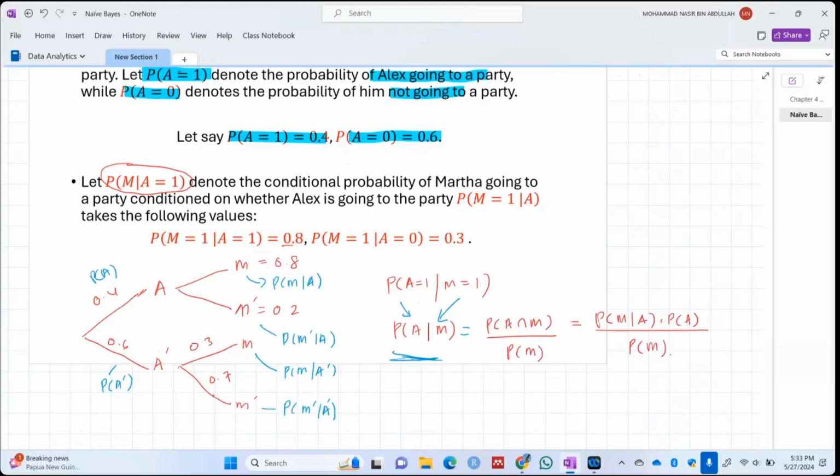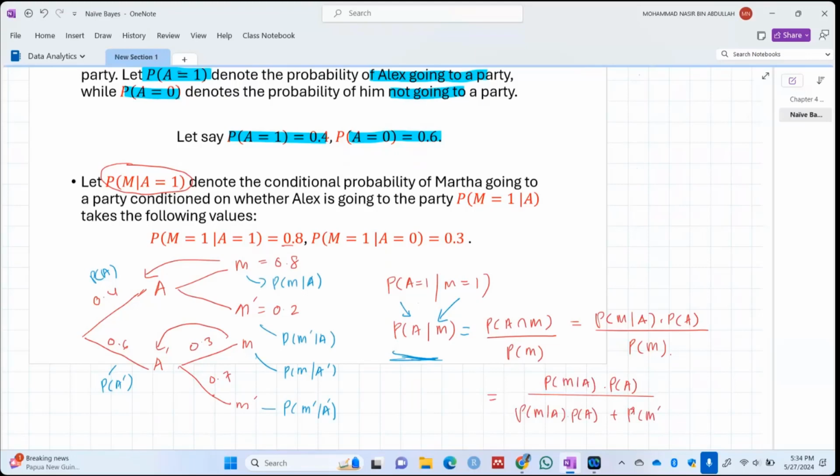So how do we get the probability of M? Remember the tree I drew just now? M is shared at the first tier, and the second tier also has M. So we need to add all the intersections with M. So this should be equal to the probability of M given A multiplied by the probability of A, divided by the probability of M given A multiplied by the probability of A, plus the probability of